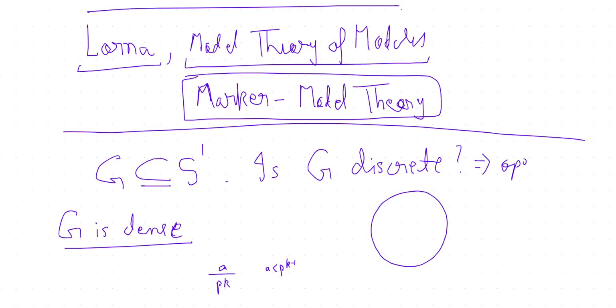And now we have open and dense. If it is open and dense, then it should be disconnected. Then S1 becomes disconnected, because then you're looking at S1,